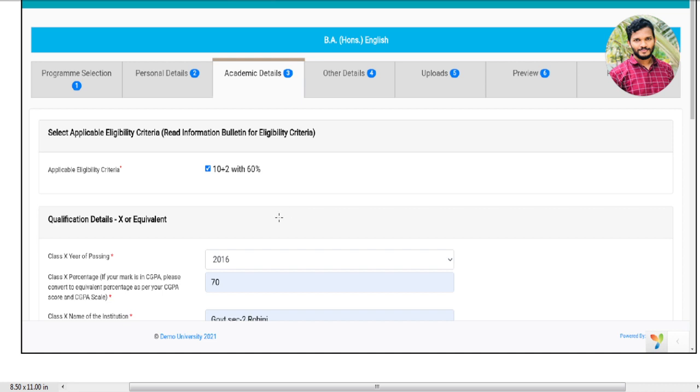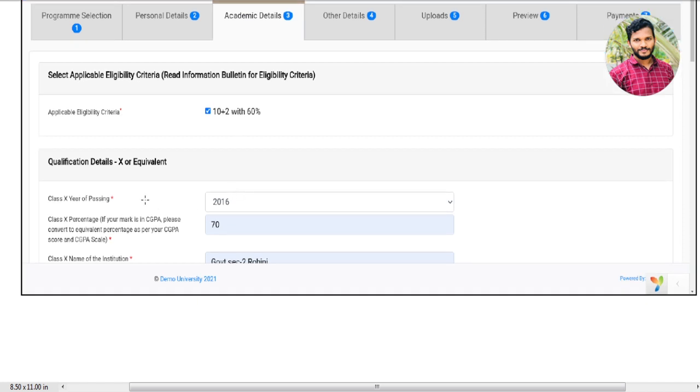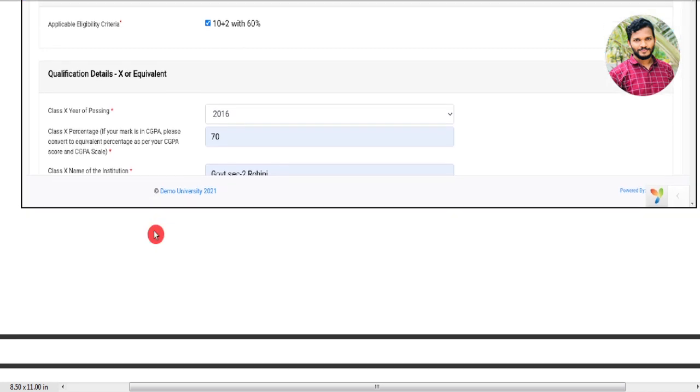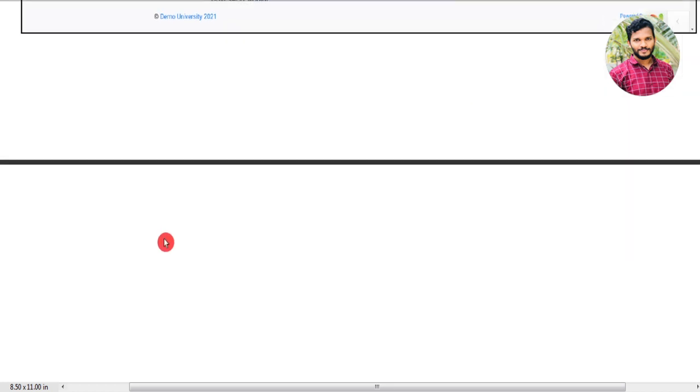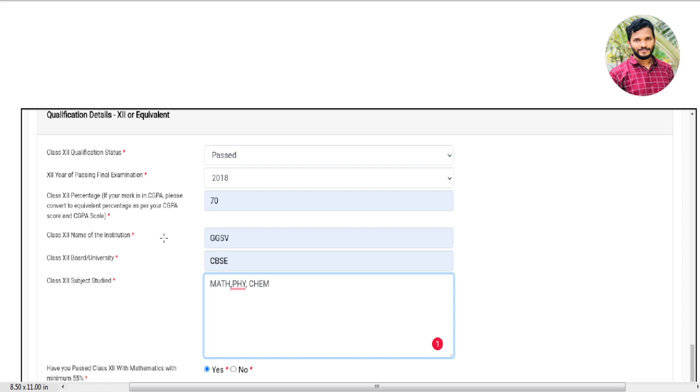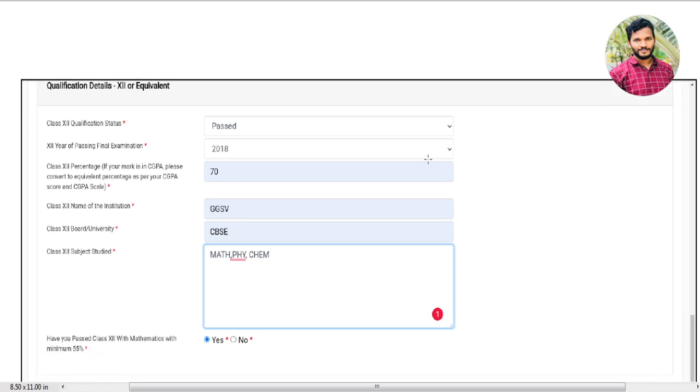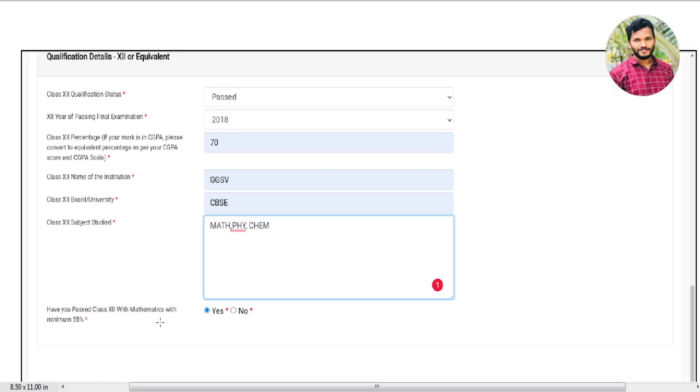That is applicable eligibility criteria 10 plus 2 with 60%, qualification details 10th level, year of passing, then score, name of institution, then qualification status, year of passing, then percentage, name of institution, name of board, then subject studied, what are the subject included there, have you passed with the mathematics with the minimum 55%, yes or no.